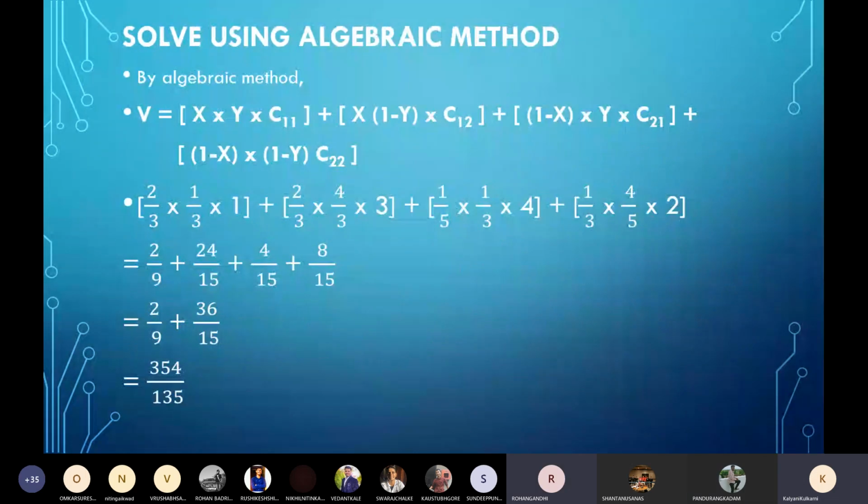So this gives you value of game. Here you are not able to tell what strategy is played by A and what is played by B, because this does not signify any particular cell value. This will give you only algebraically the outcome of the game in terms of probability value. So if you go for the algebraic method and this value is not equal to any of the cell values, then there is no need to specify what strategy is played by A and B. Just write the value of game and that will be the end of your problem.